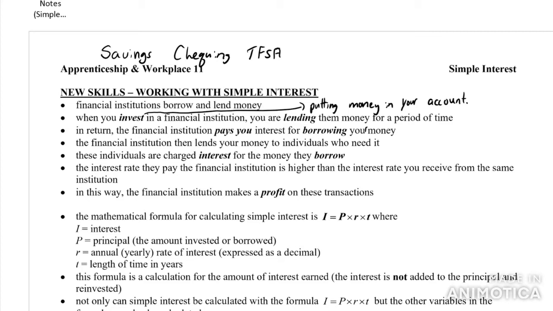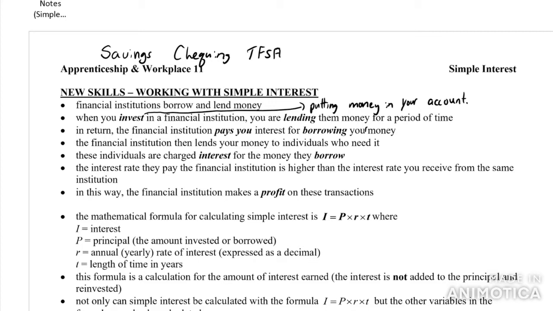The financial institution then takes the money in your account and say someone else asks for it. So say you put $500 into the bank, someone comes along the next day and says, hey, I need a loan for $200. They might take the $200 out of your bank account and then lend it to them. Now that's not to say that you can't then go in and take out your $500. They're not going to be like, oh, sorry, there's a couple hundred that's being lent out, because there's lots of people that deal with a bank. But what ends up happening is,